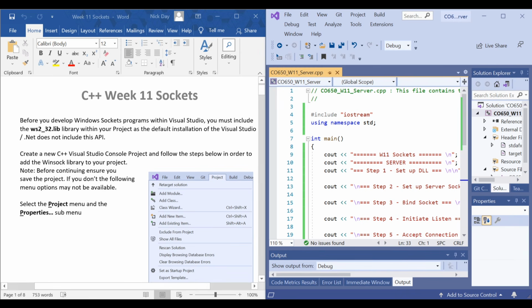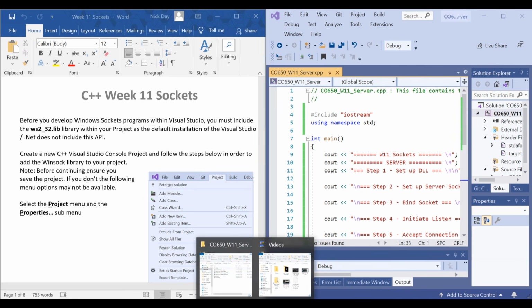We've got the first part of the document that walks us through that. But also, we're going to have to make use of some header files. And in the later versions of Visual Studio, these may not be included by default. So I'll put them up on the Blackboard for you. But what you're going to have to do is download this